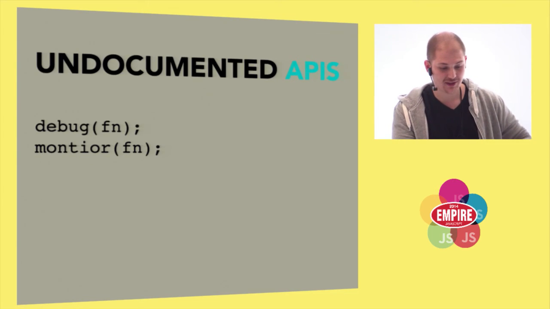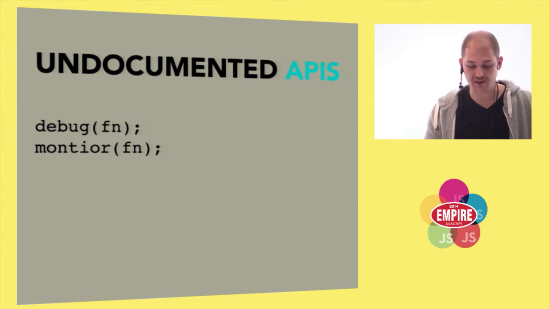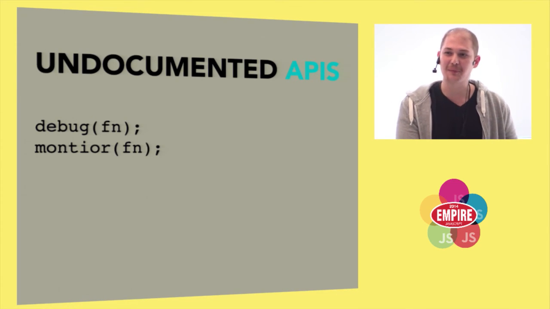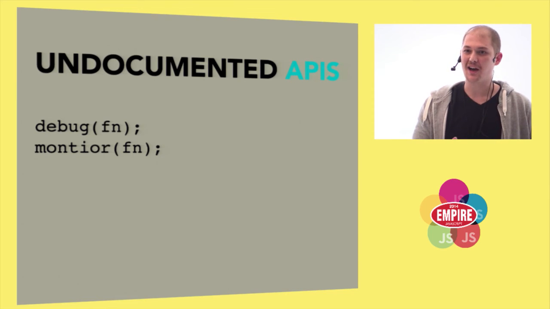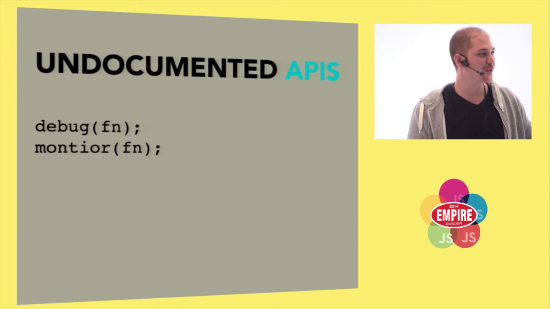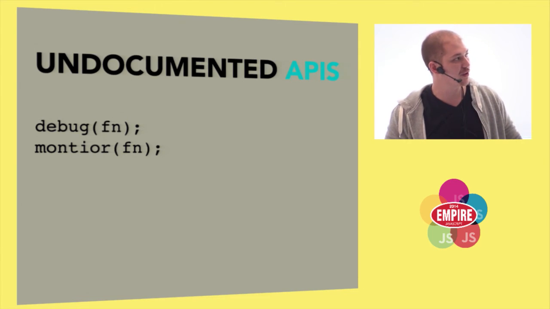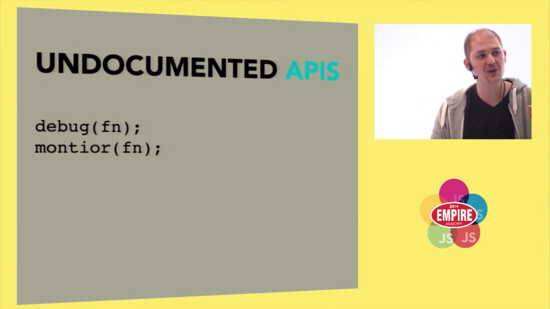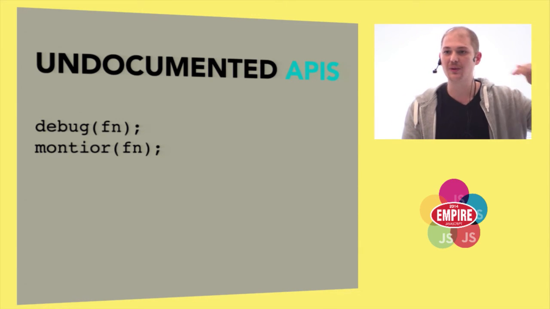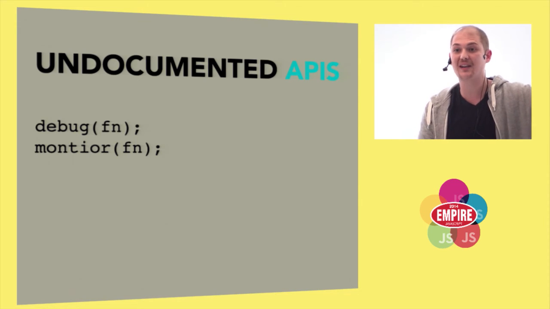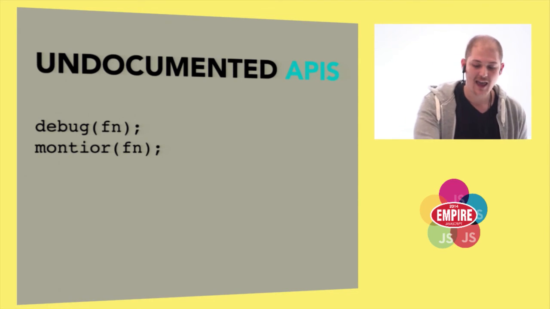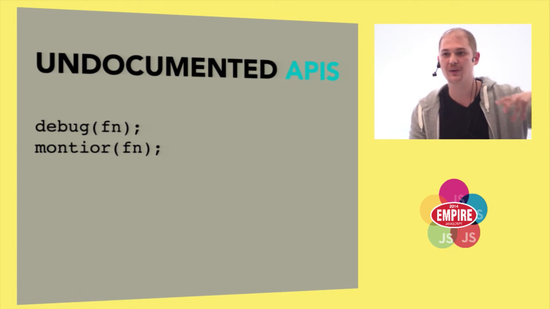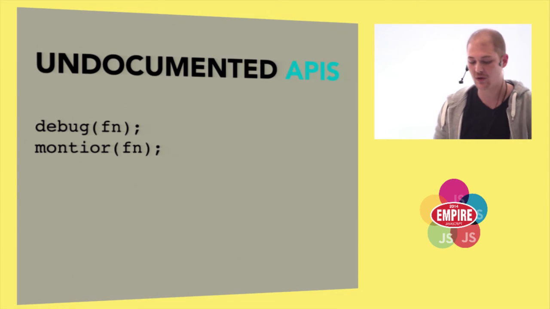But for the exciting part, there are undocumented APIs that I discovered while trying to write a tool that does the exact same thing. That sort of proves my point that the debugger is your playground. They're not documented on the Chrome DevTools site, and they're amazing functions. With debug, if you have a function reference, you can just pass it to debug, and it will set a breakpoint on the next time that function is called. It's amazing. The other one is monitor, which is just like debug, but it will log whenever that function is called.